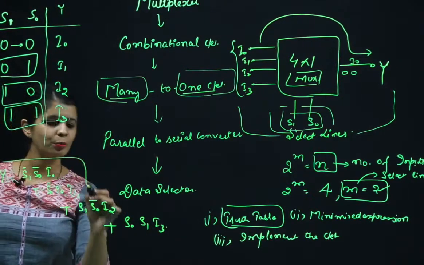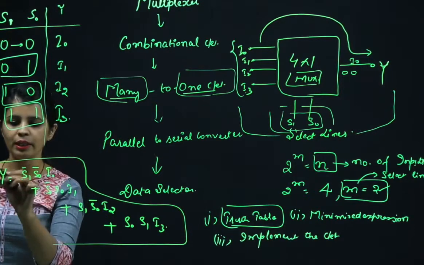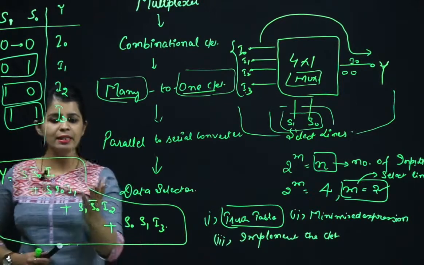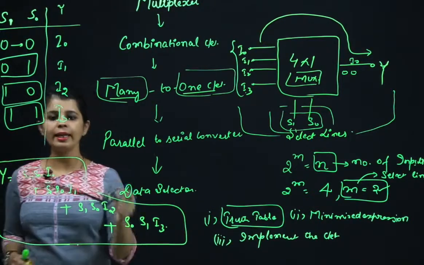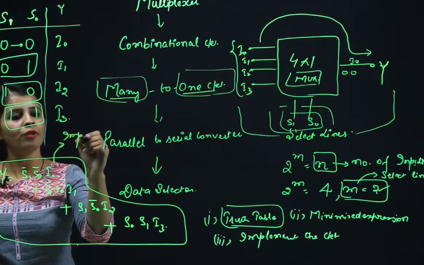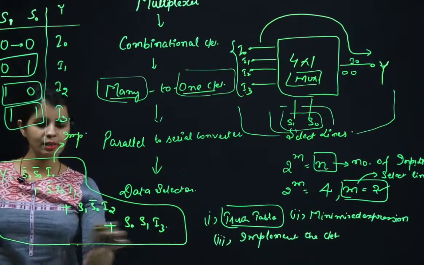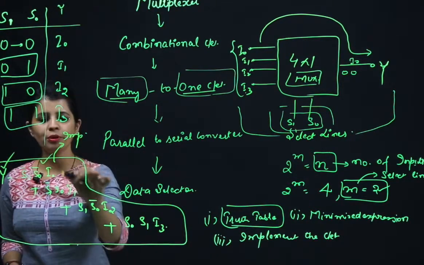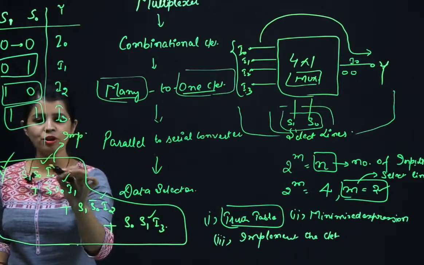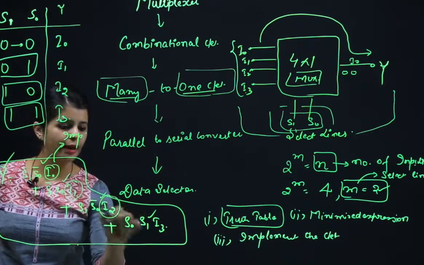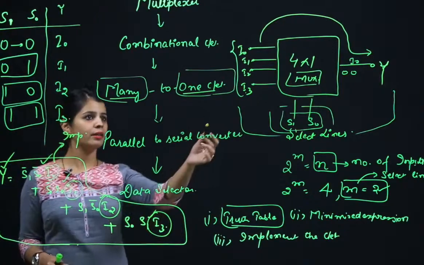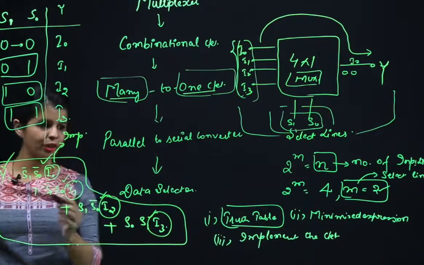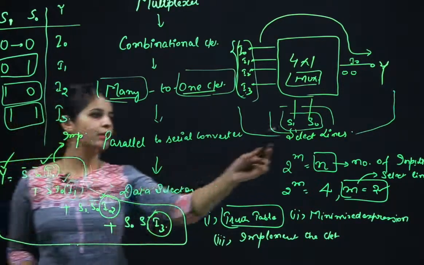So this is the final expression that can be written for the 4:1 mux, and you can very easily implement the circuit of the multiplexer by using this expression. Now we know the output, we know the inputs as I0, I1, I2 and I3. Here you will have these 4 inputs, and as per the select line status we are going to take these 2 select lines S0 and S1.